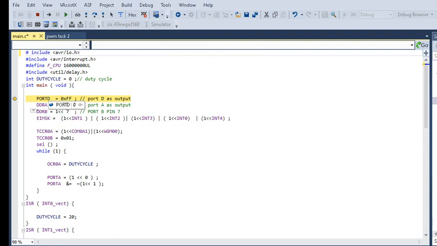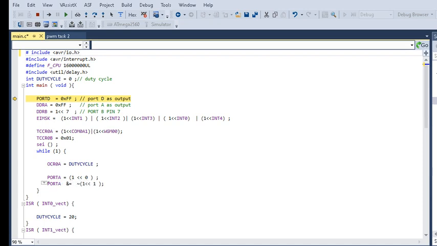And then inside that we have selected port D as output, and set the direction of port A as output, and port B's pin 7 as output. And then EIMSK, this is used for setting the vector, and then we have set the value of TCCR0A with COM0A1 and WGM00 shifted towards the left by 1 bit each, and there is no prescaler. And then we have used the vector that was being set, and then